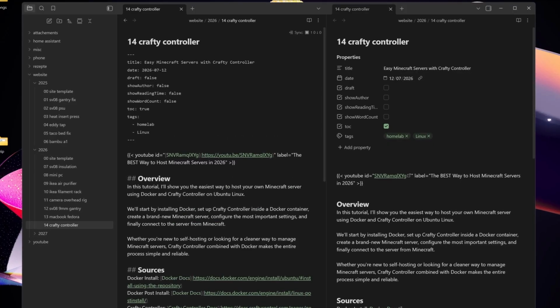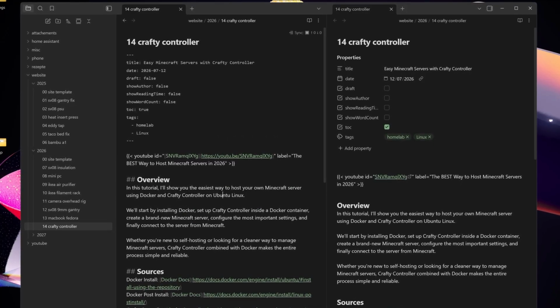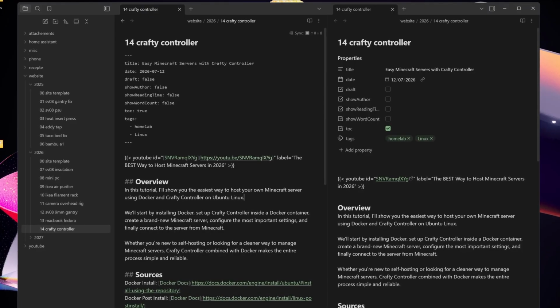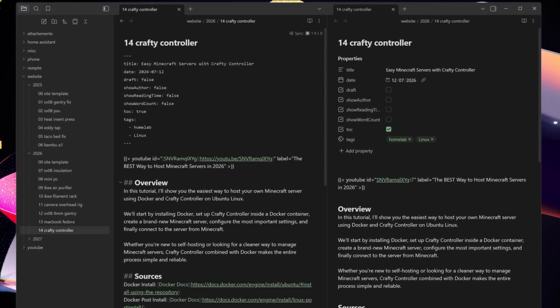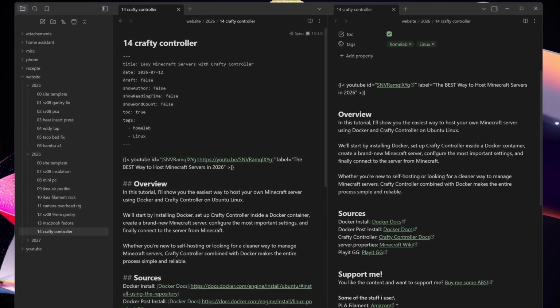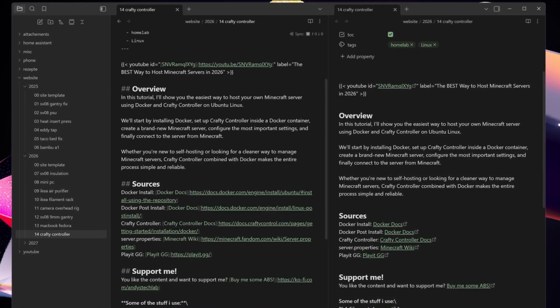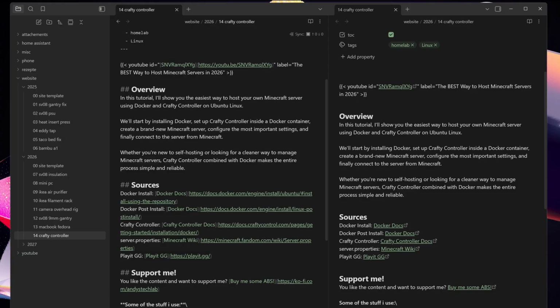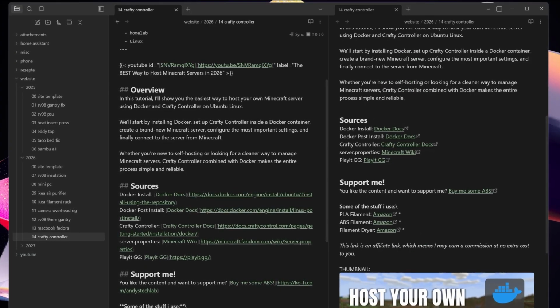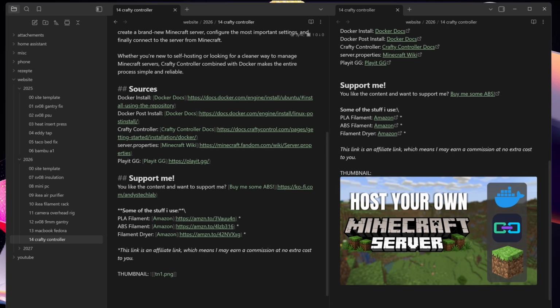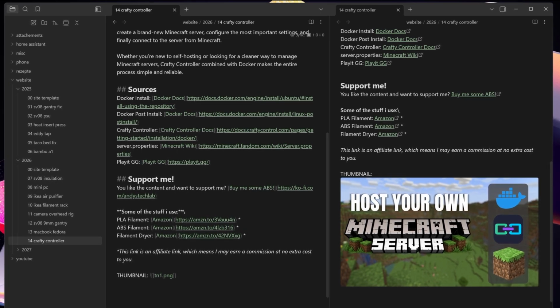On the left side you can see it in Markdown, and on the right side how it will look on the website. I start my post with the embedded YouTube video here. After that I have the overview, which is a headline. After that a little bit of text and introduction and explanation to the topic. When I use some links, for example for sources, I make them better readable with a word that is the link. You can see it here on the right. And at the end I post the thumbnail I created,